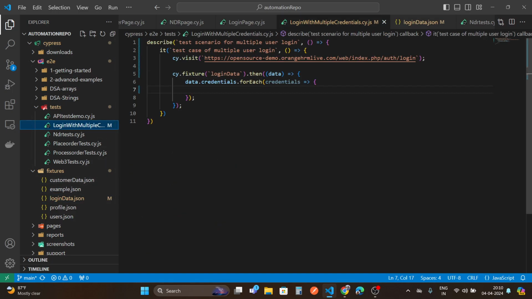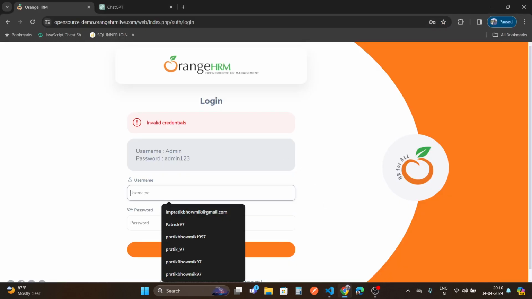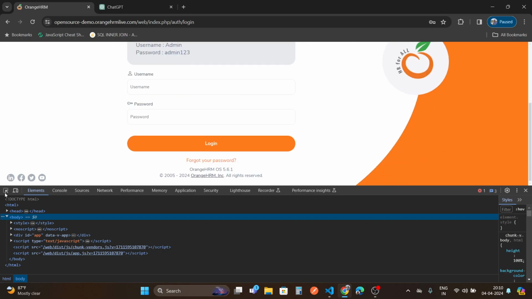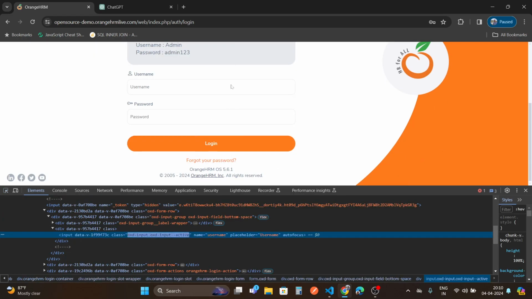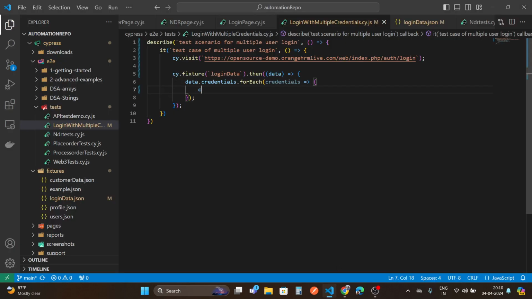Okay, so basically you have to locate the elements first of all. Here there is a username and password field, so I'll just locate the elements. The locator is input name username. I'll just write over here cy.get. Don't worry guys, I will make a separate video on locators, how to find the locators in Cypress. So basically it will be input name equals to username,